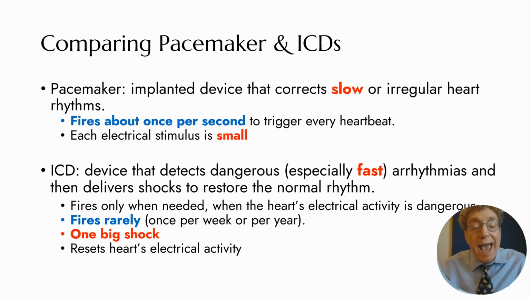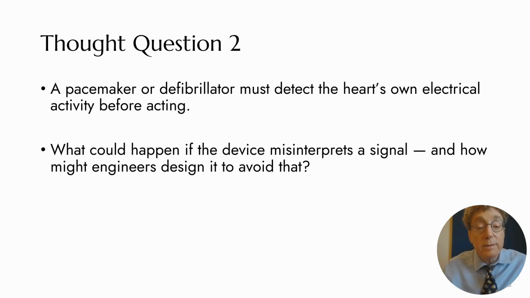That's a device that detects dangerous, especially fast arrhythmias, and then delivers shocks to restore the normal rhythm. Now, the defibrillator fires only when needed, when the heart's electrical activity is explicitly dangerous. That means that it fires very rarely, at most, say, once per week, or maybe only once per year, or maybe never, depending on the patient. When it does fire, it delivers one big shock. And this shock is meant to reset the heart's electrical activity, allowing the heart to resynchronize itself so that the electrical activity is no longer